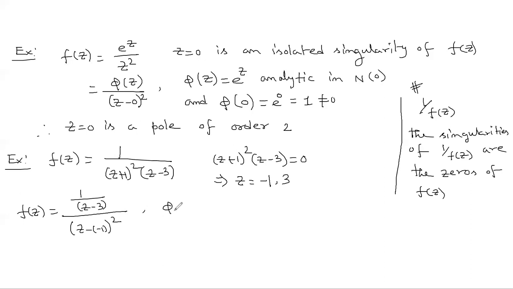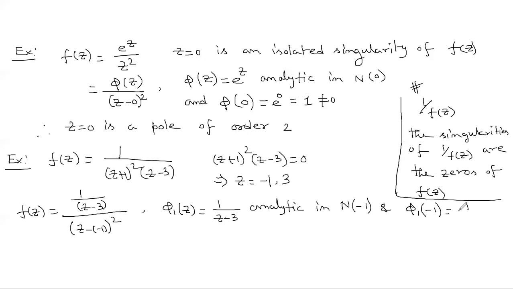So here our phi 1 of z is equal to 1 by (z minus 3), which is analytic in the neighborhood of minus 1, and phi 1 of minus 1 is equal to 1 by (minus 1 minus 3), that is equal to minus 1 by 4, which is not equal to 0. So here we can see minus 1 is a pole of order